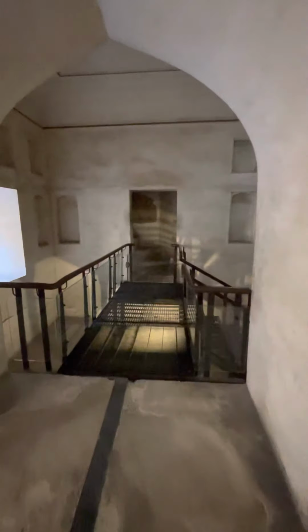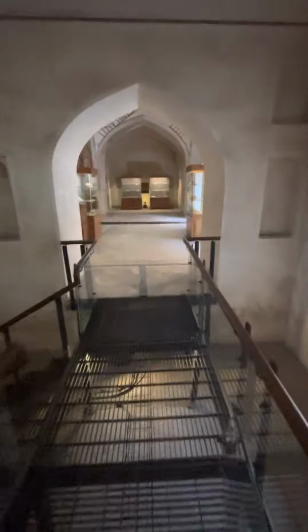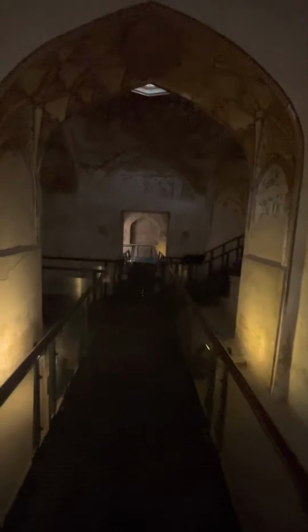So yes, यहाँ पर there's another way upstairs. Let's go and explore where this place is going. कि ये कहाँ जाता है? Wow, it's horrific, man. It seems like it's going up to the rooftop, but it's not allowed for us to go upstairs. So we are going back again. Are you sure you're not going? Yes, it's locked. So this is the Shahi Hammam, ठीक है जी, और well preserved।